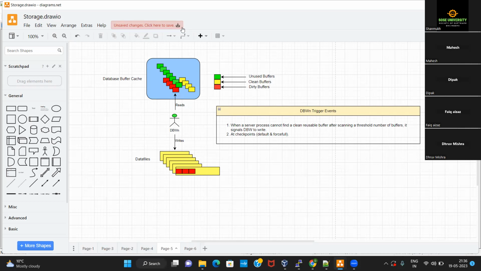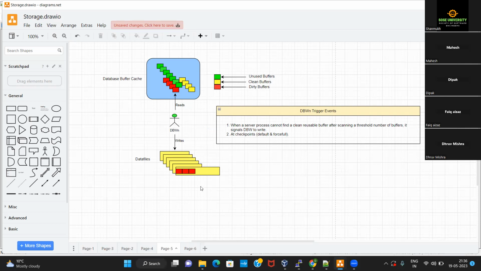Eventually, what happens is, if you look at this second event, that is at checkpoints. Now, this checkpoint gets triggered in the database after every 3 seconds. So after every 3 seconds, there will be something called a checkpoint event that gets triggered in the database.